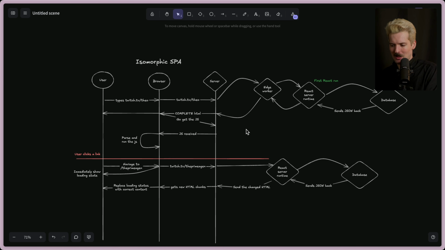That's going to make this way too long a video. Go check out any of my partial pre-rendering content if you want to better understand that part. The point here is simple, though. When you have a model like this, you no longer get to just send a static HTML file. You now have to have backend code, not just running JavaScript, but running React. You cannot do this model if you're not running your React code on the server that resolves the entire website